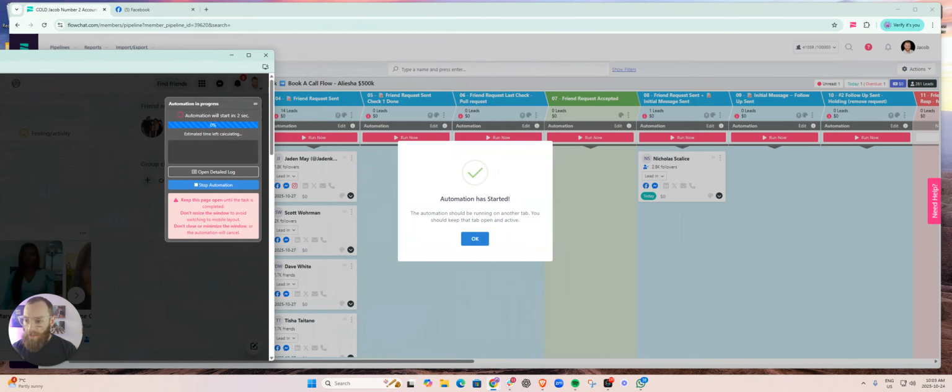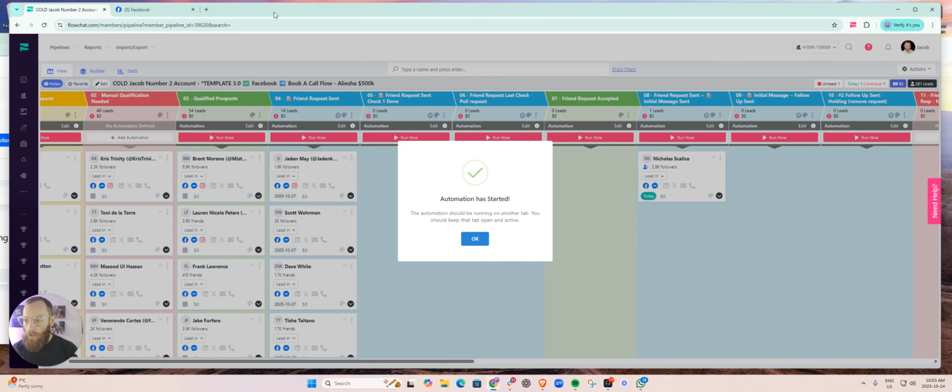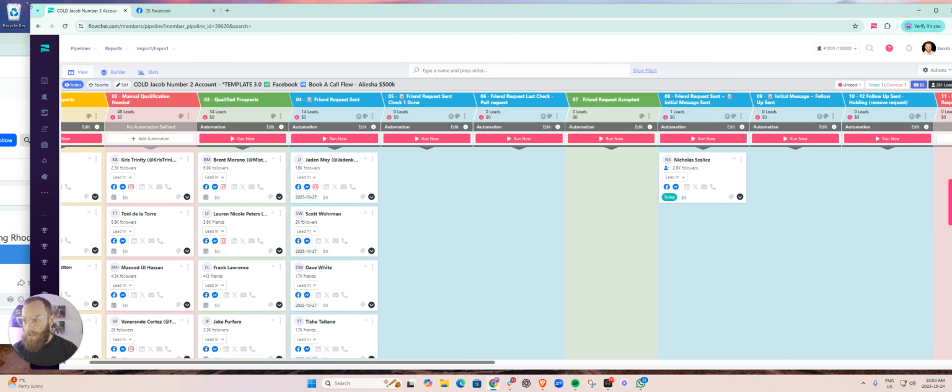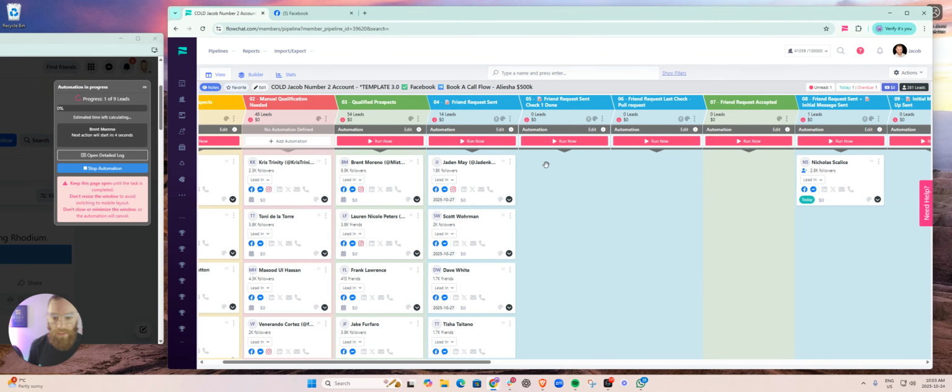We're just going to keep this to the side here, a second window. And we're going to keep going over here. Like I said, you can do that. Not recommended to send a message at the same time as you're sending a friend request to somebody else, but you can get your message ready. You can check things out.